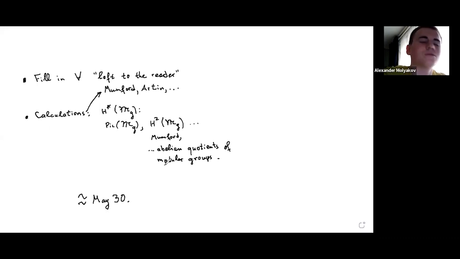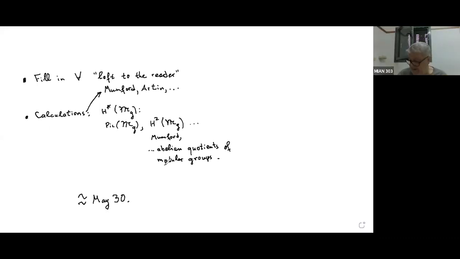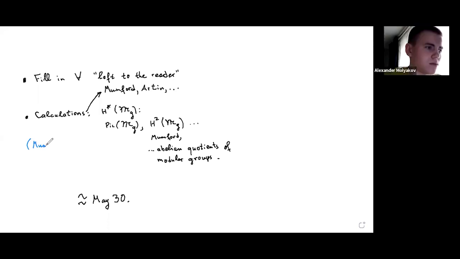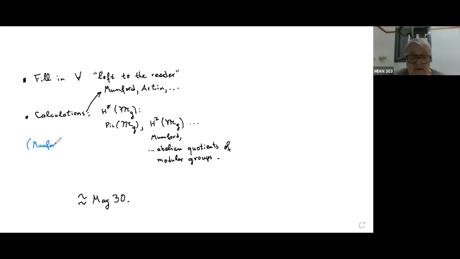What you are saying is an ideal solution, but I'm afraid that it is rather involved. So instead, honestly, my recommendation is to take Mumford on the Picard groups and calculate the Picard